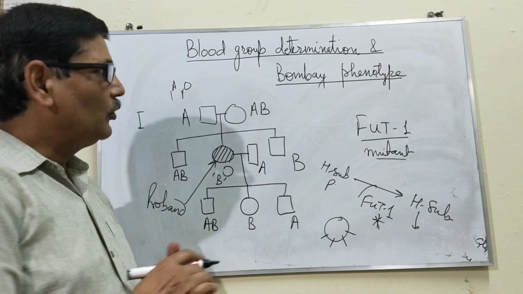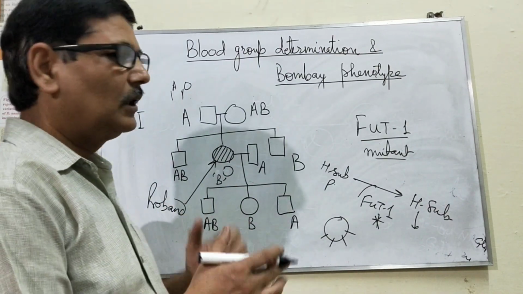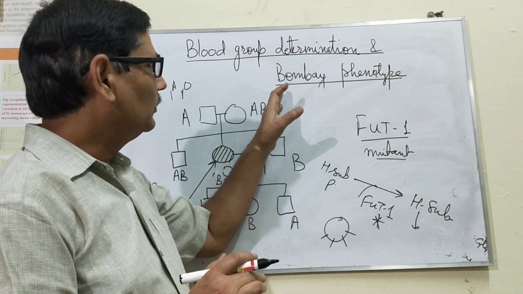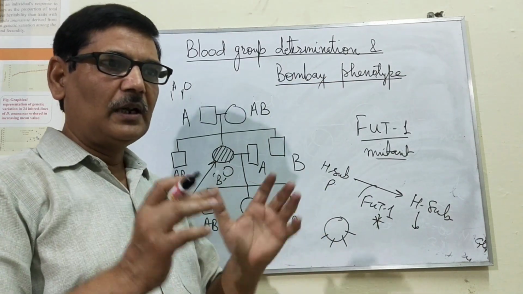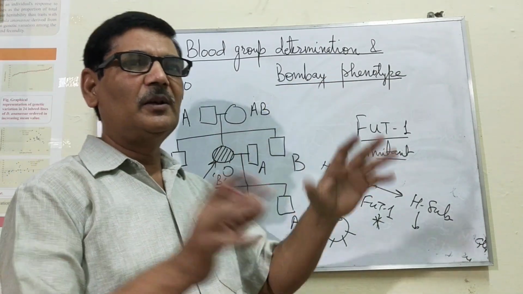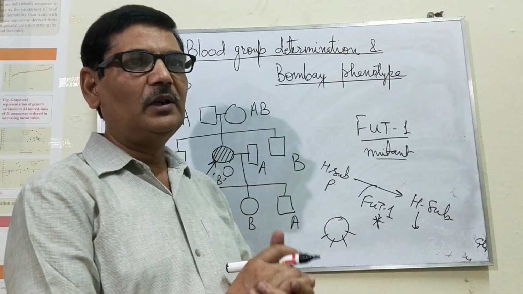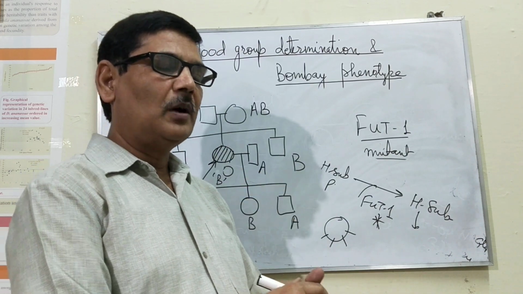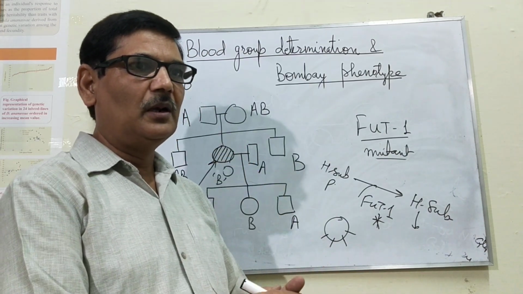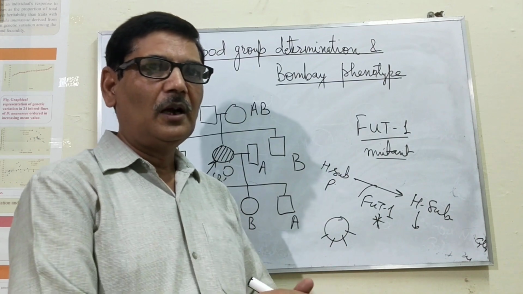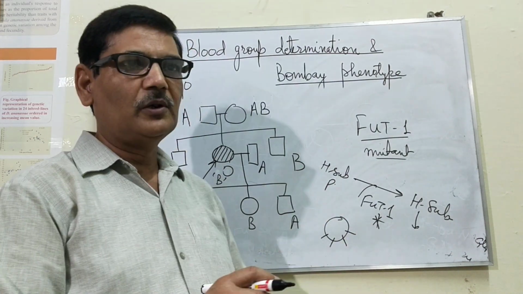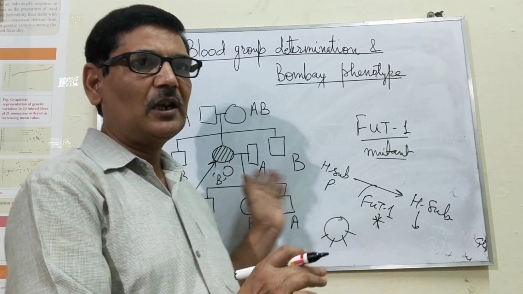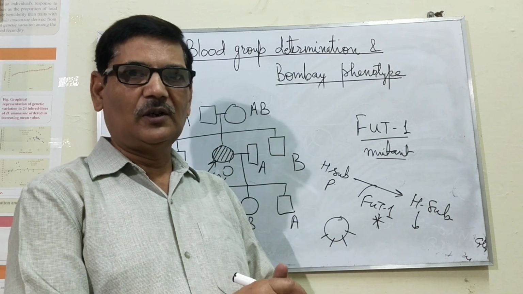So I hope that you people might have got the idea of how this blood group is determined, and what is Bombay phenotype. One can say that such kind of cases will definitely be there in the population. This was not the only case. Since it was noticed for the first time, and she belonged to Bombay, we give this phenomenon a particular name, that is Bombay phenotype. Otherwise, such kind of individuals having FUT1 mutation may be there in the human population, and such kind of exceptional cases may be existing. Thank you.